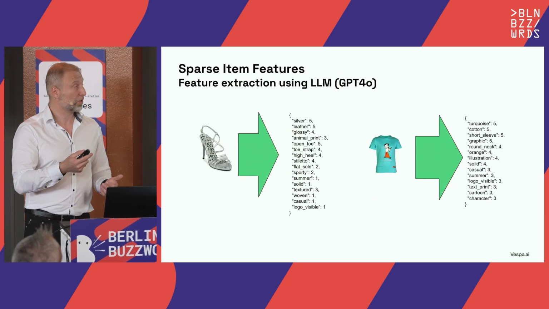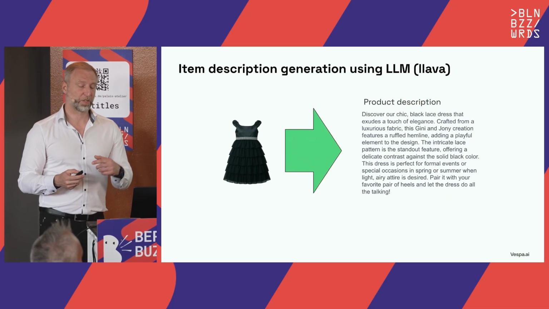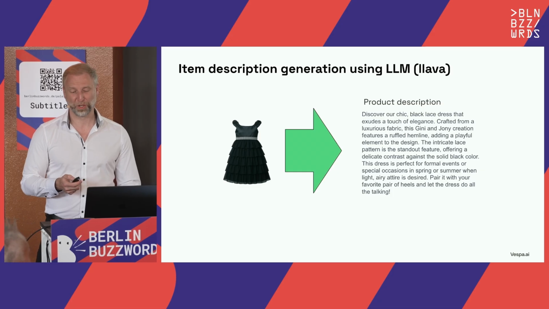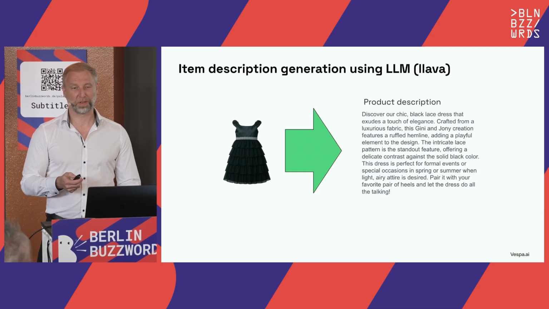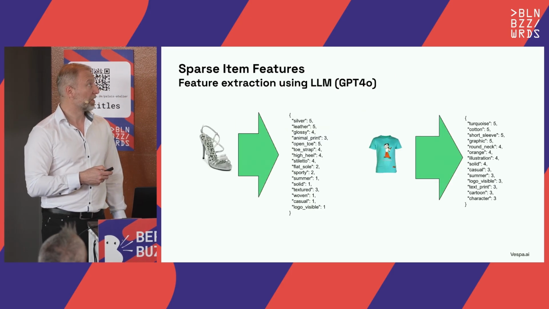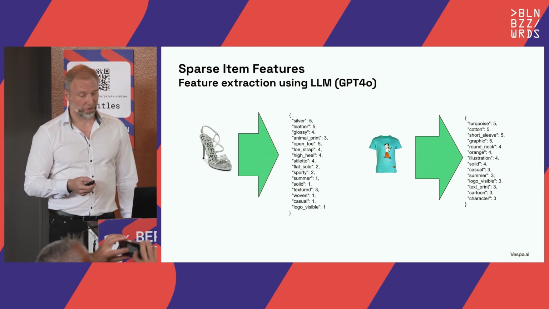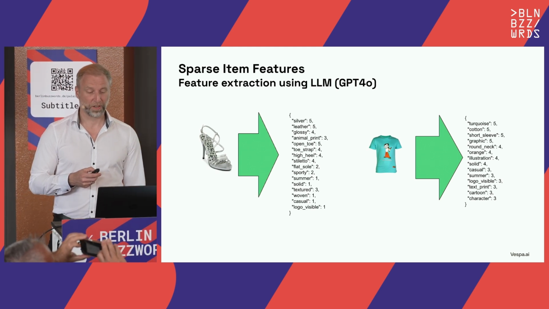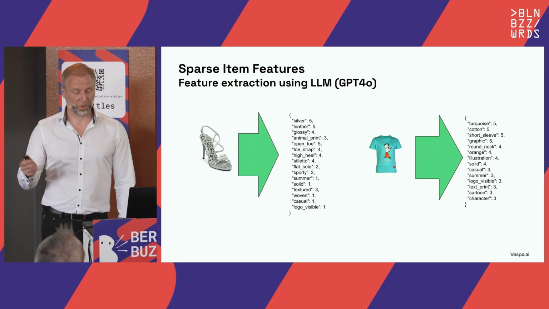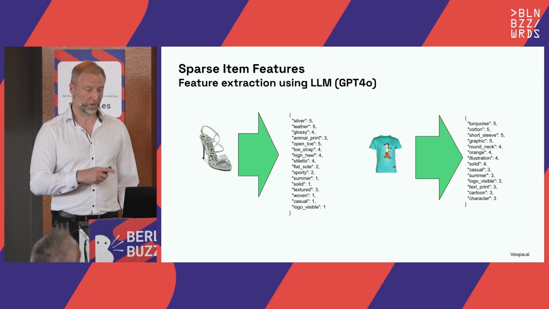The other thing is that this was actually using the LLaVA model. I chose the LLaVA model because it was very cheap and not that slow on a laptop to generate descriptions from a few thousand images. Then the sparse representations of the items were done through GPT-4o. It was also not very expensive, just a few dollars for thousands